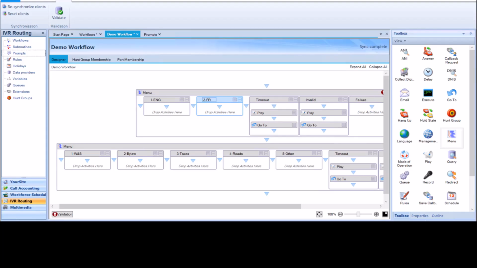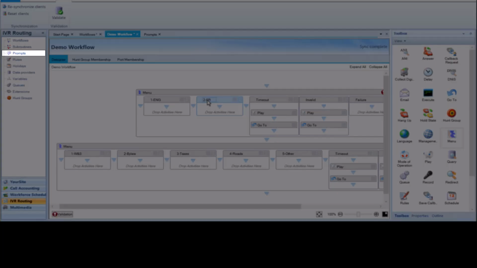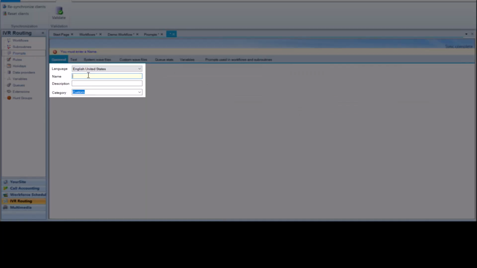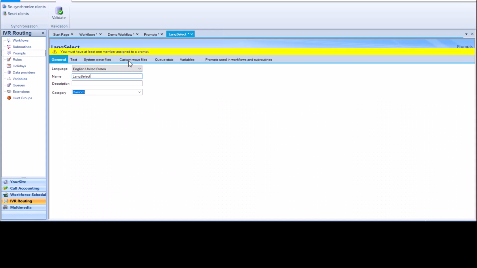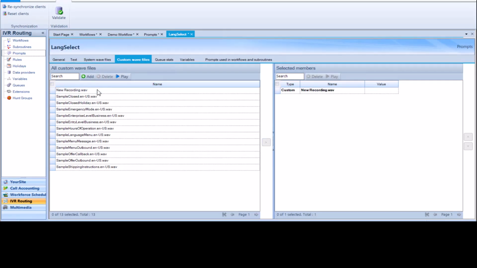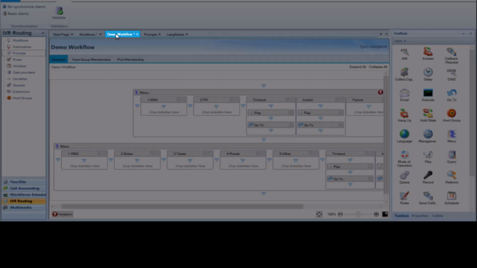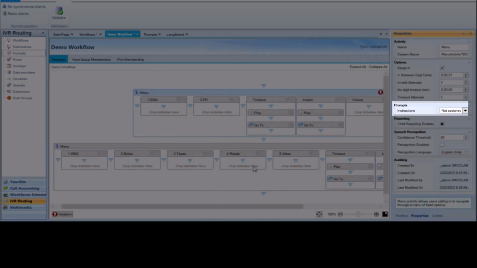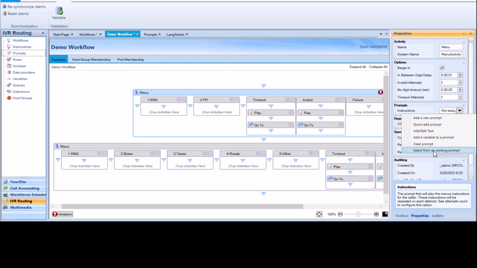To configure, create a new prompt. From the IVR routing menu, select Prompts, click Add, enter a name, select Custom WAV files. We have already recorded the message. Double-click the WAV file to move it to the selected members area. Select your workflow. Assign the prompt to the first menu. Now, when a caller routes to the first menu, a message plays with the instructions to choose 1 for English